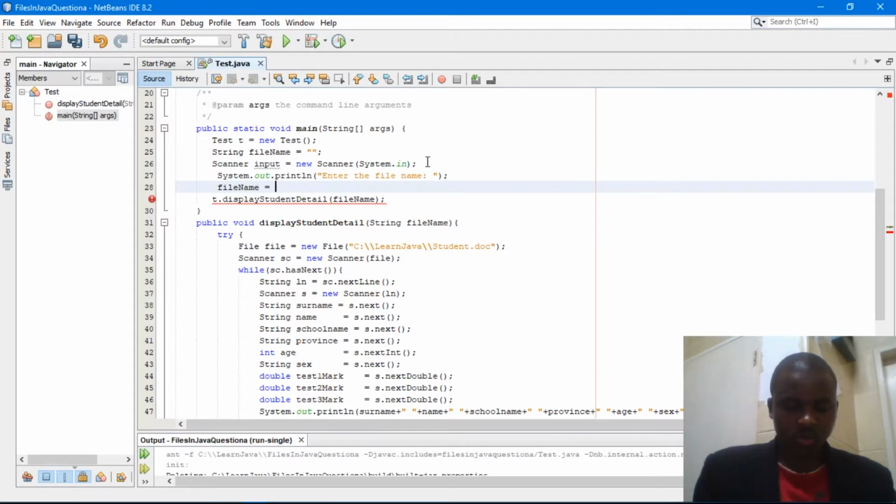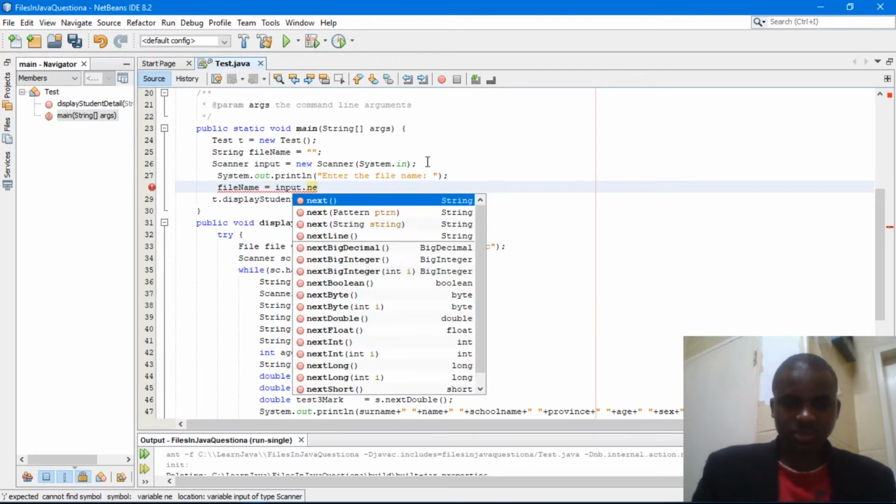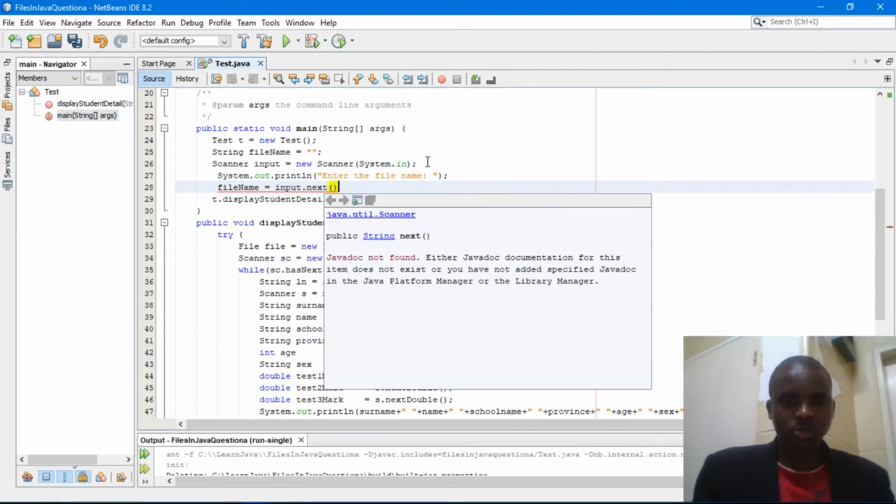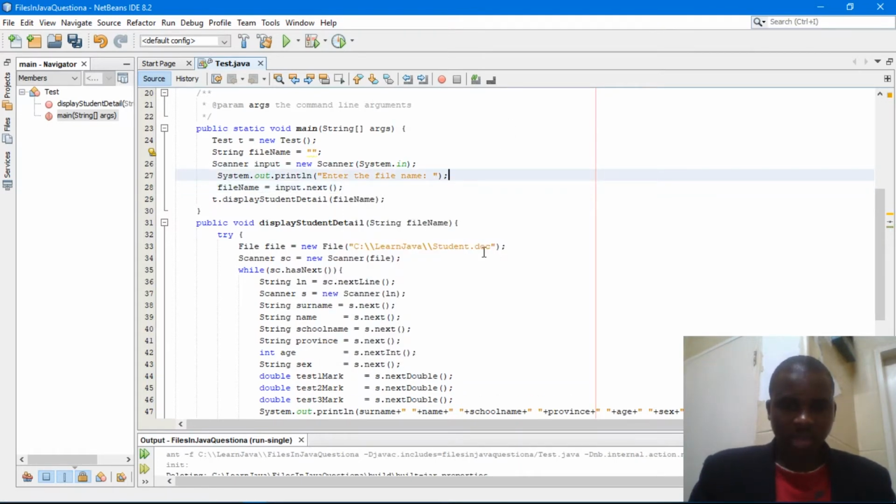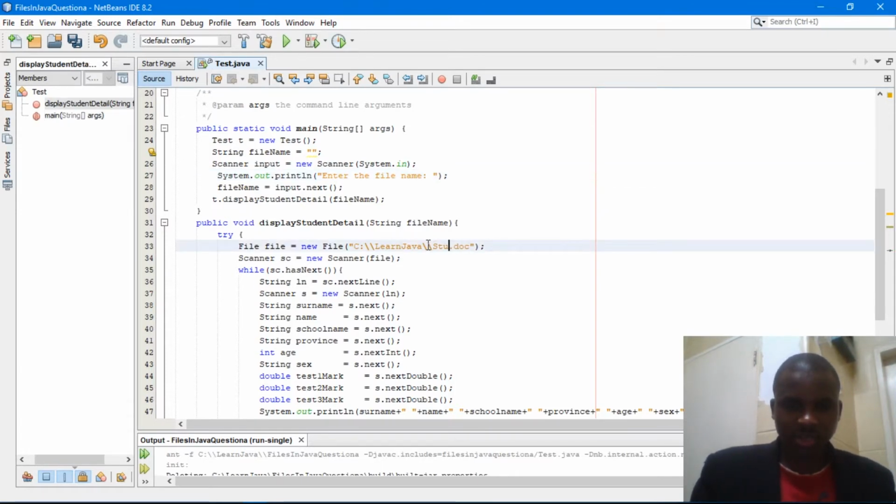And then after this, what am I going to do here? Instead of having this, I'm going to put this, and then I'm going to do string concatenation.